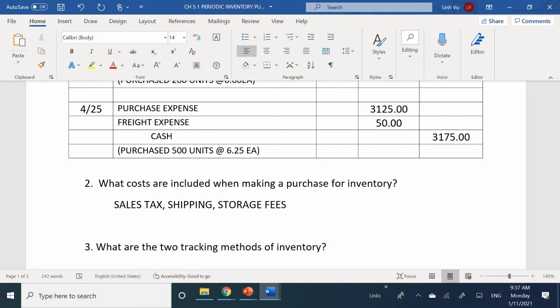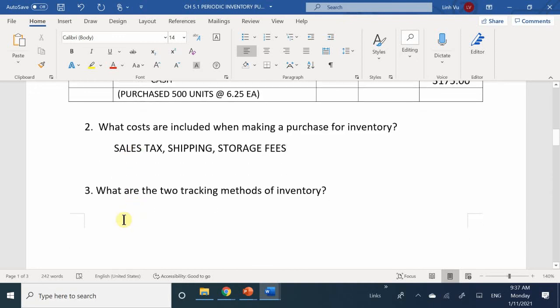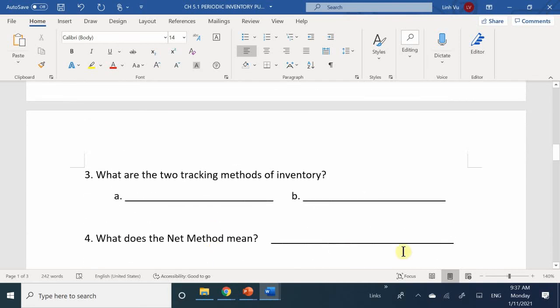Okay. Number 3 says what are the 2 tracking methods of inventory? Periodic. So I'm going to push that over. So yes, A, periodic, and perpetual is the other one. So periodic and